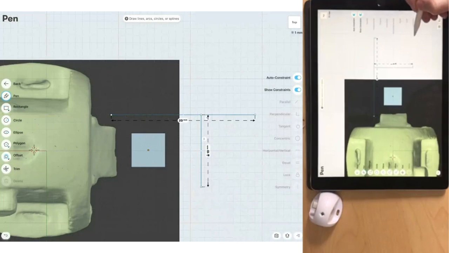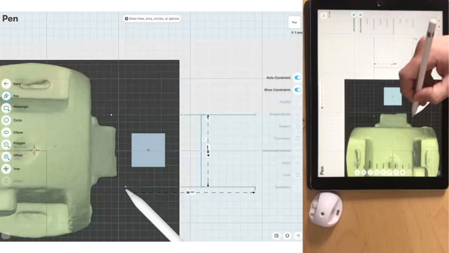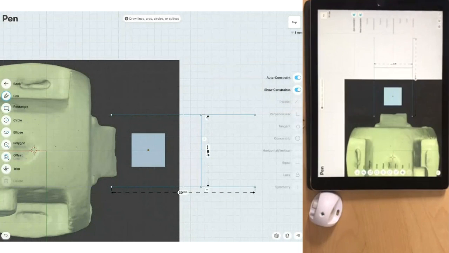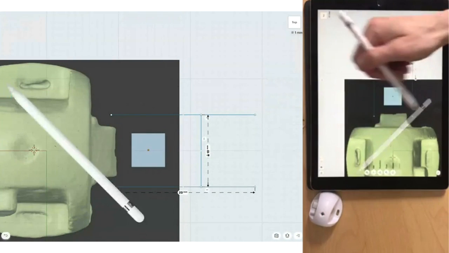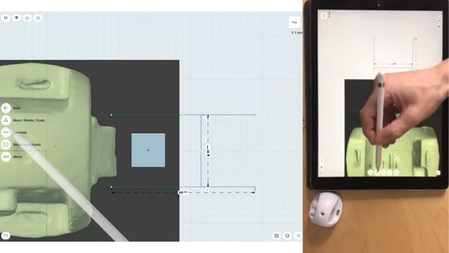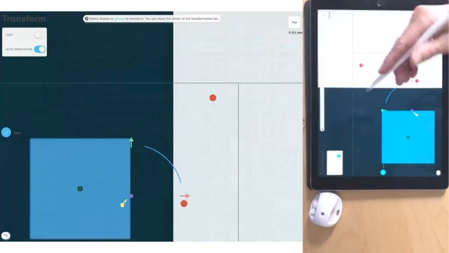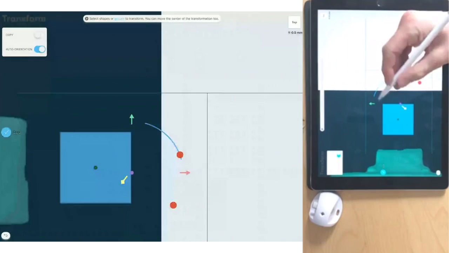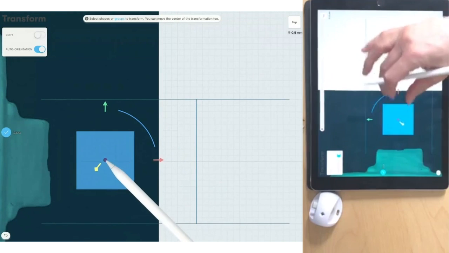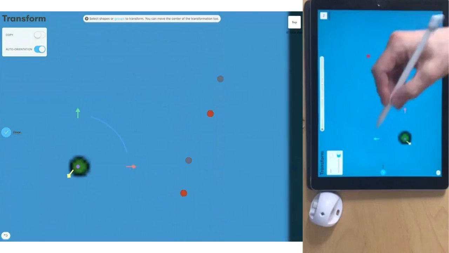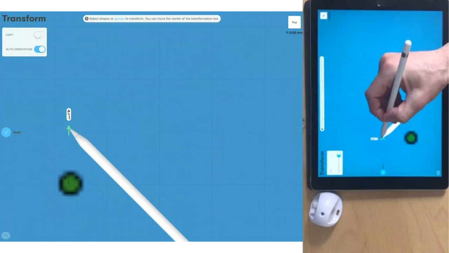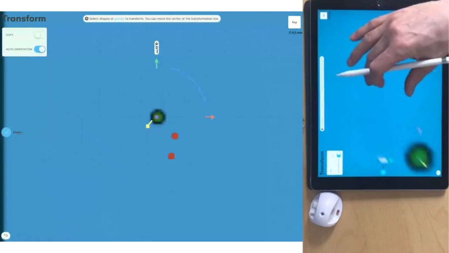And now I simply draw myself 2 lines, because essentially these are defining the left and right boundary, or top and bottom boundary. Let's go back to the move command. Then I move this one to, let's say, there, and we just move this one down, center it. Yeah, that looks